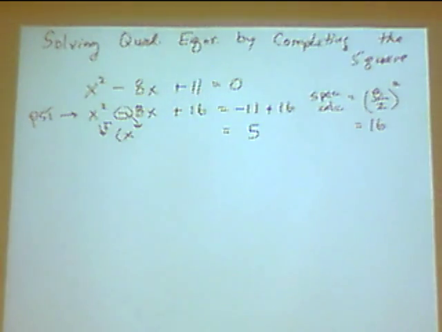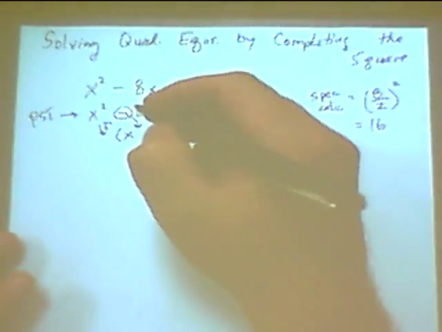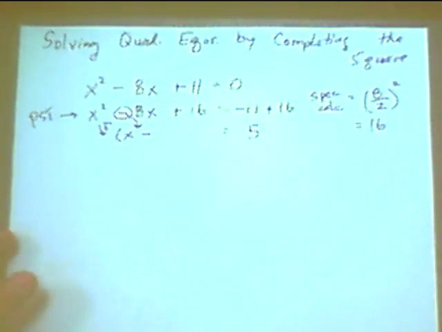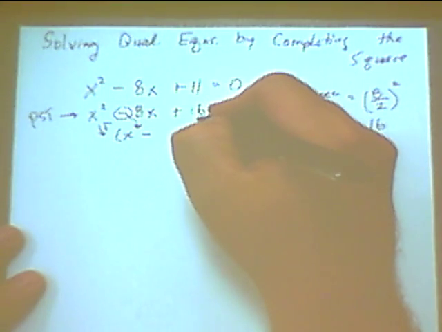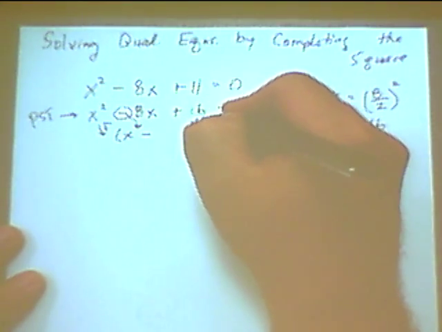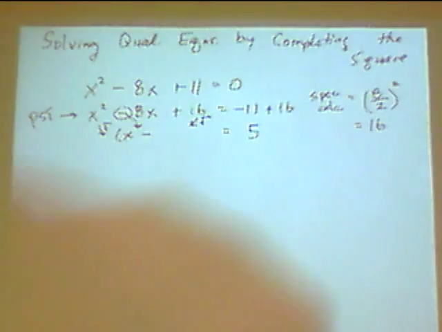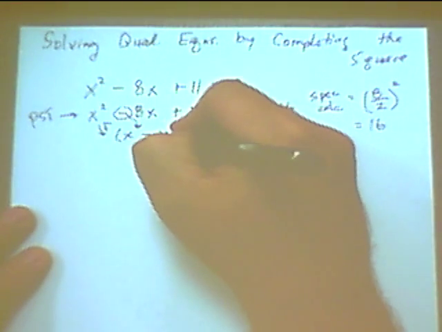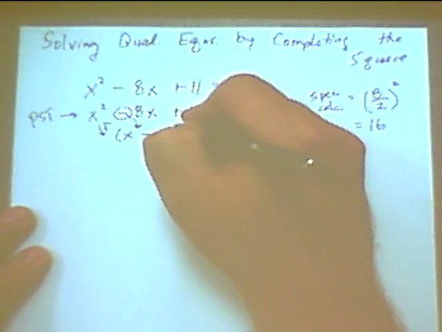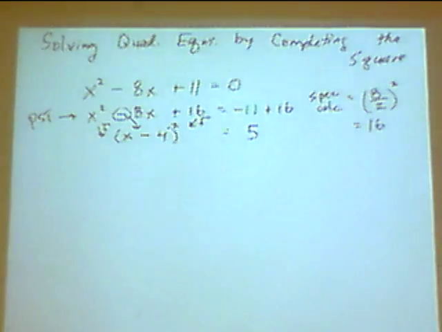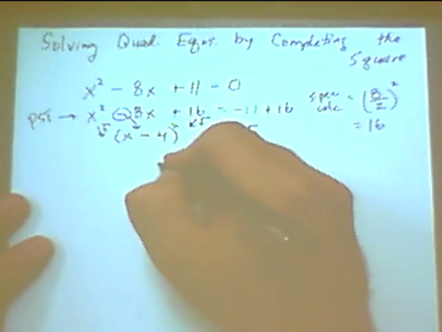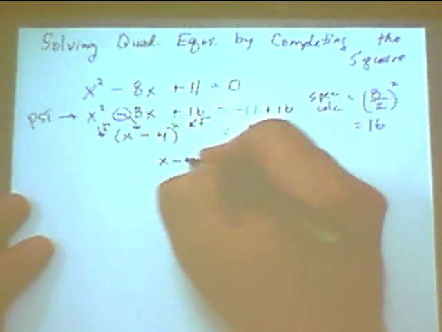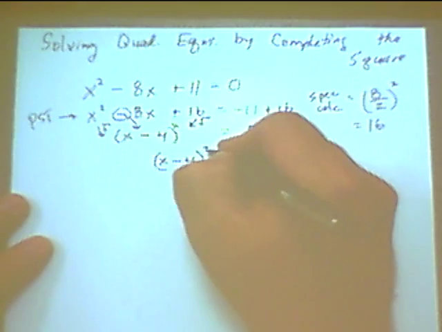Whatever the sign is in front of your middle term goes here, and then you take the number term and take the square root of that, and that goes here. You take that whole thing in parentheses and square it. So if I rewrite this so it's not as messy, I end up with x minus 4, that quantity squared,